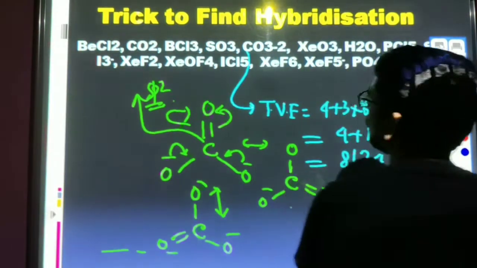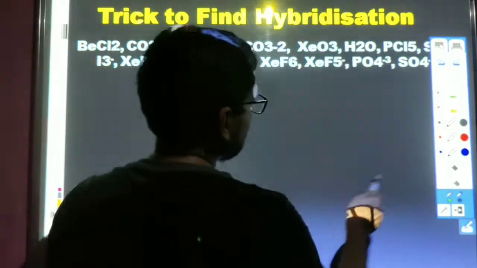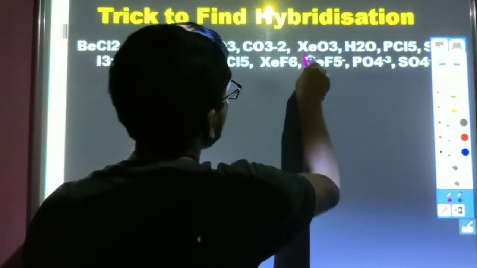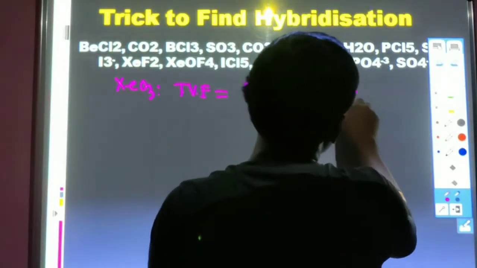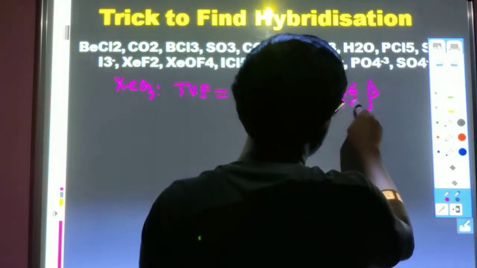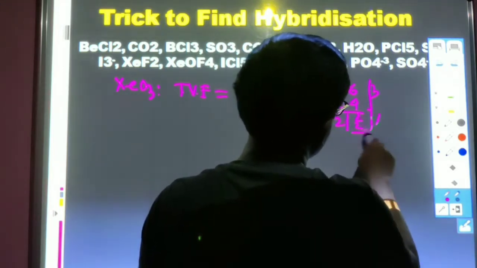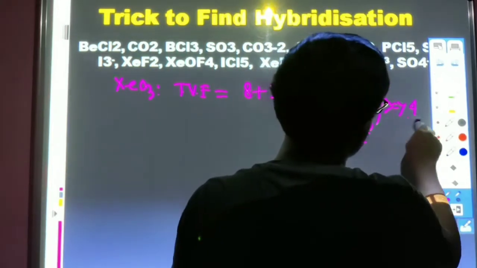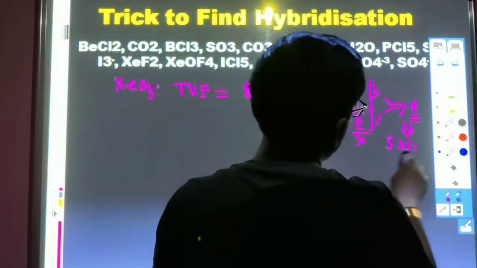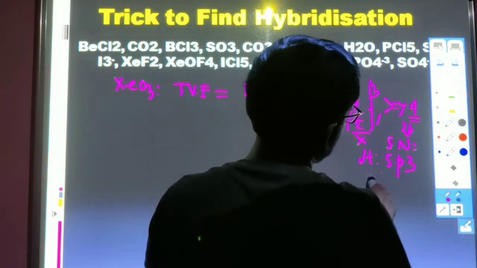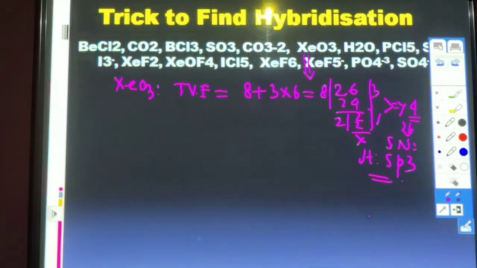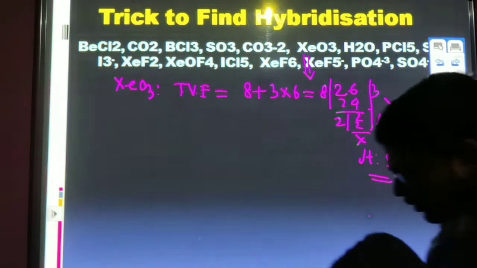Done. Now next molecule, XeO3. What will be the hybridization for XeO3? For XeO3 you just count the total valence electrons. Total valence electron will be 8 plus 3 multiplied by 6, 18, 26. 8 3s are 24, 2. So steric number will be 3 plus 1, 4. This is the steric number. So hybridization will be sp3. Hybridization will be sp3. If we draw the structure,